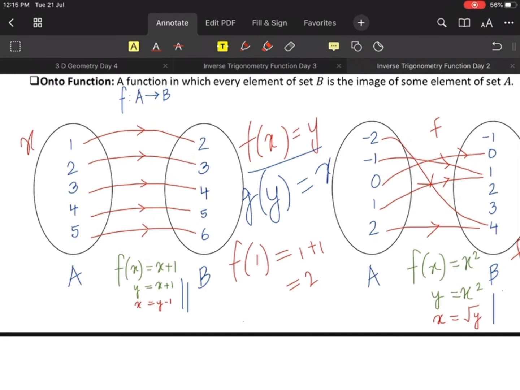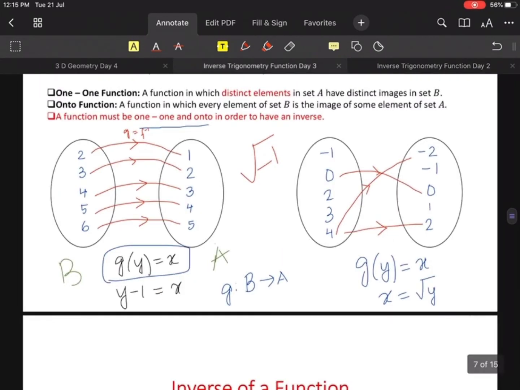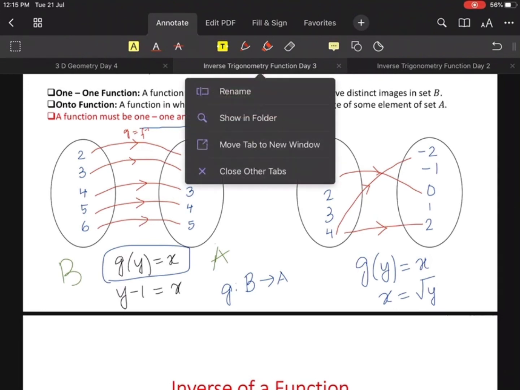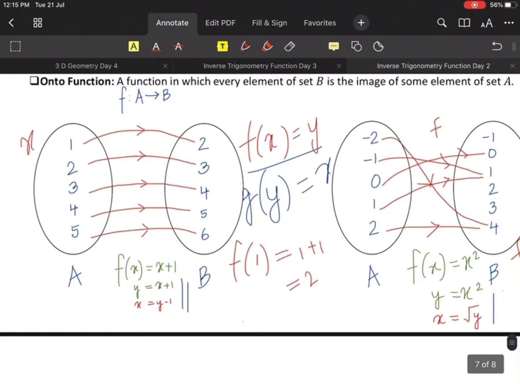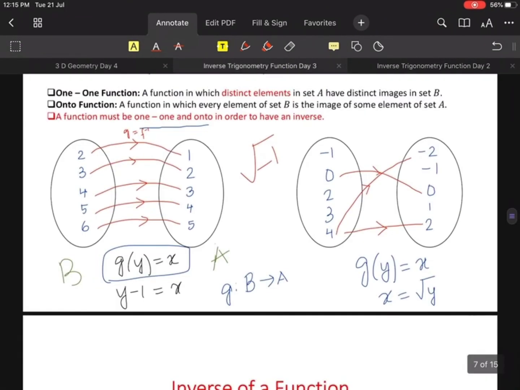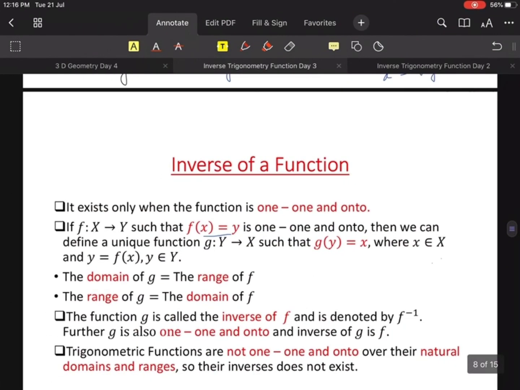Okay. And here it's not possible at all. And here you will see for the second function, the domain and range do not match. Interchanging though is a second story, but in the first place it does not match at all. Clear? The first thing is that it doesn't match. Now the inverse of the function g is called the inverse of f and it's denoted by f inverse. So if these conditions are followed, g is called the inverse of f and it's denoted by